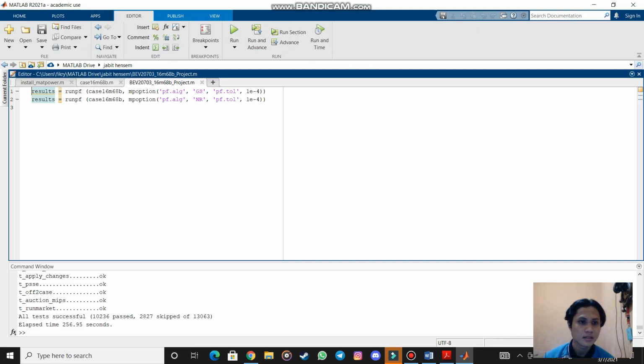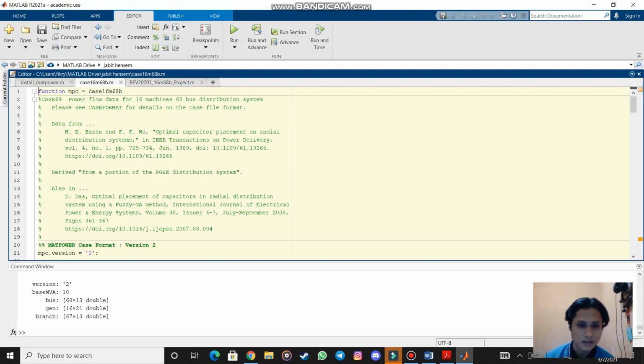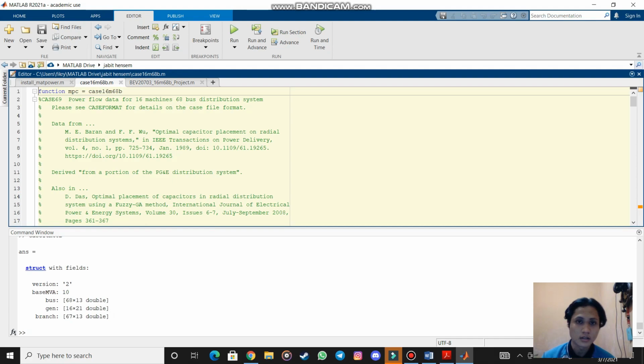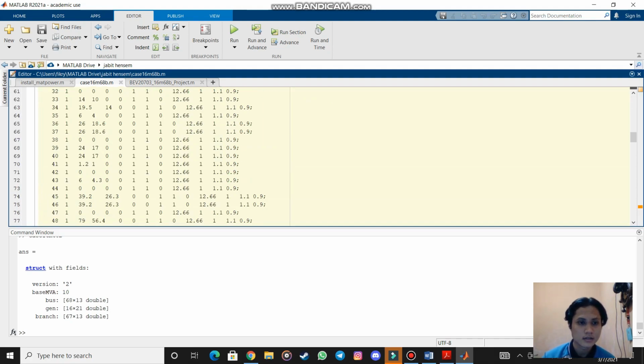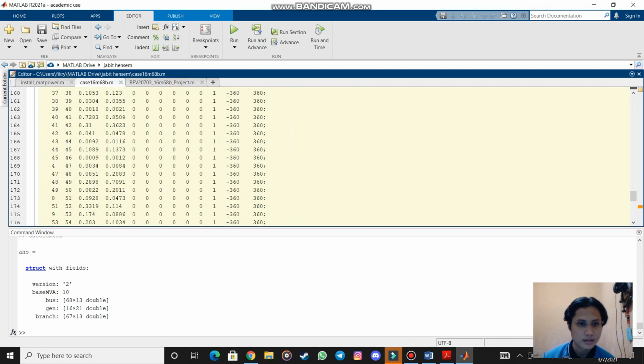Okay, in the editor, the first step is we need to run this machine. Just run it first. I will show the result. Okay, this is the result. Before that, I will show you the coding for this case. This is all the coding that we need to run this system. Okay, all of this, and then we got this for the next step.